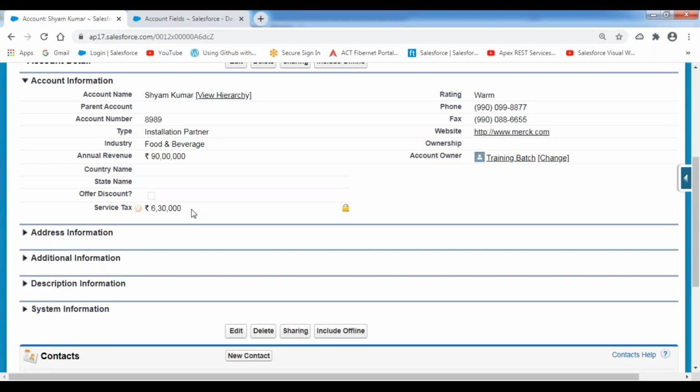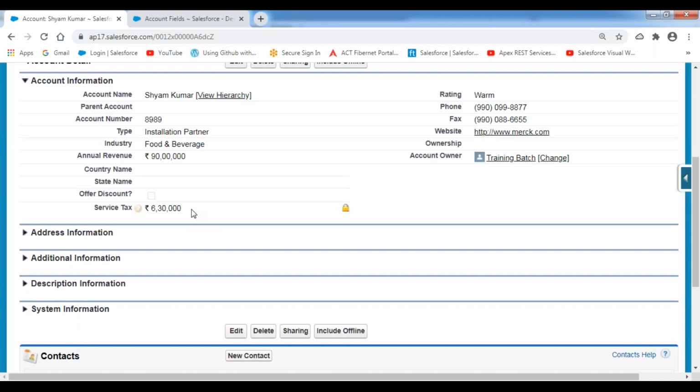It is like a normal field, but for a normal field we provide the value, whereas for a formula field it prepares the value based on the formula we give while creating the field. That's the only difference; both are almost similar.